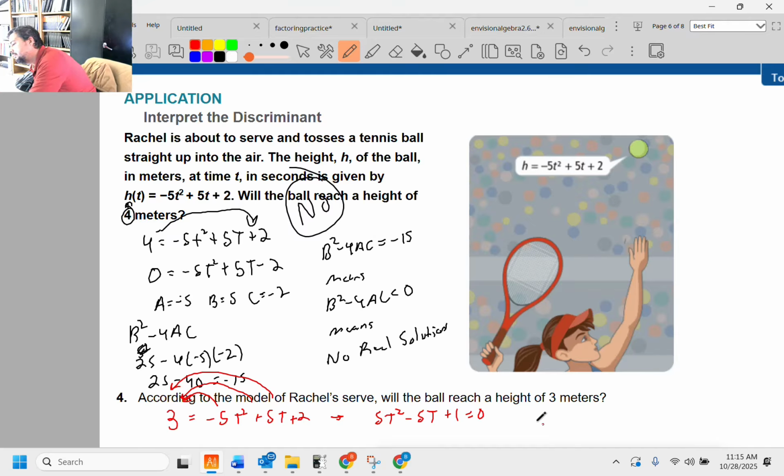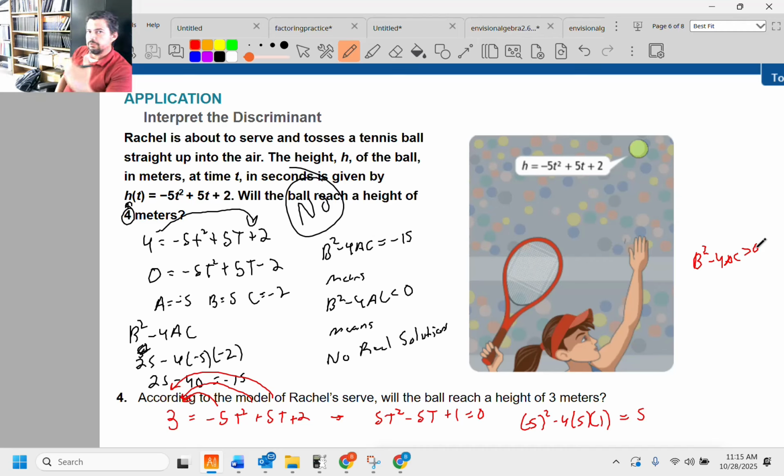So this is B, a negative 5 squared, minus 4 times A, which is 5, times C, which is 1. This is 25 minus 20, which is 5. So b squared minus 4ac is actually bigger than 0. And if you just go back and look at the rules that you wrote, this means this is a parabola that crosses the x-axis like she's supposed to, right? So there are 2 unique